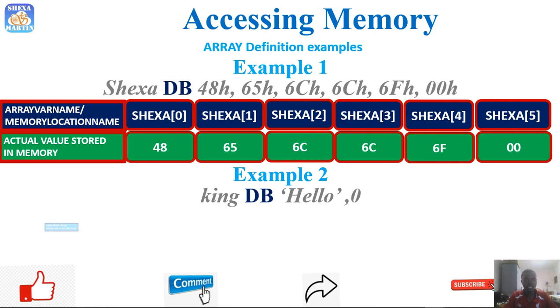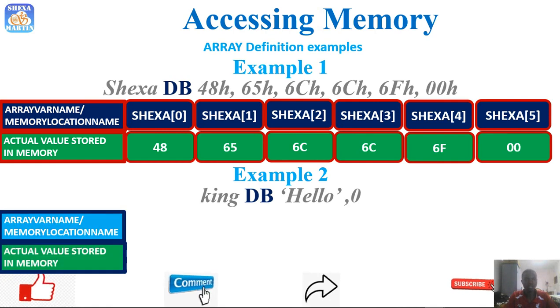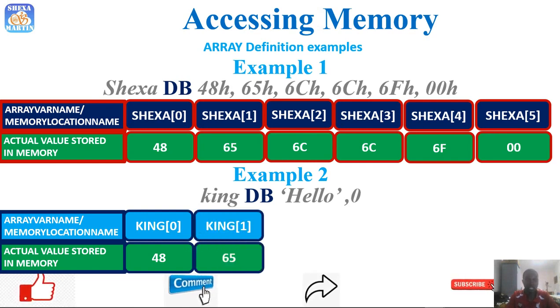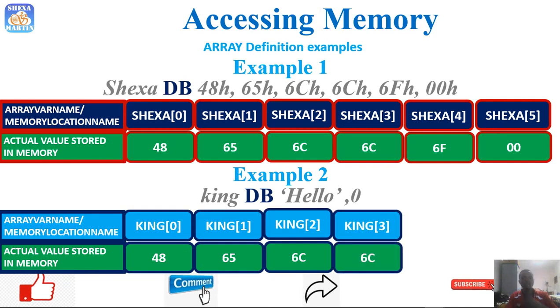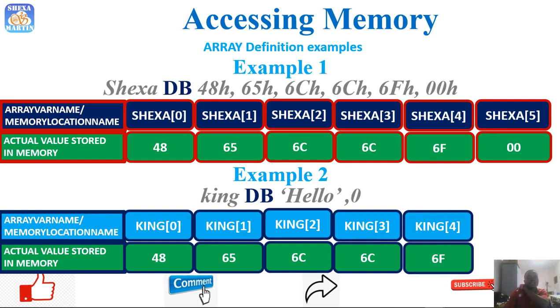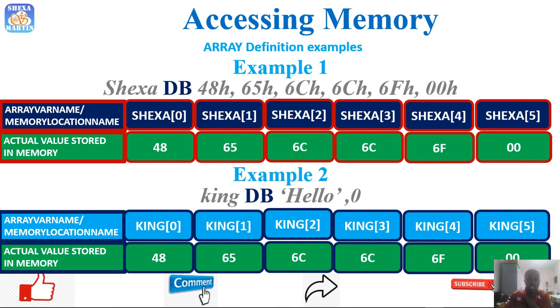So you will see. Let's now look at our king array variable. King index 0 is H, and H in hexadecimal is 48, and then small letter E in hexadecimal is 65, and then king index 2 is 6C, which is L, and then we have L as well, which is 6C, and then O is 6F in hexadecimal. Then our 0 is still 0. Right. So you can observe that